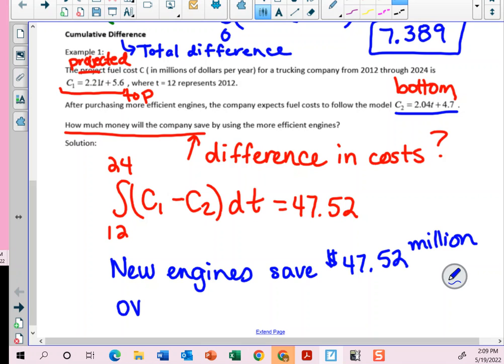And you got to be careful about this. It's the total savings over the 12-year period. That would be important if you were a person trying to help make an argument that the company needed to purchase these engines, and you said, we're going to save $47 million or $47.5 million, you better be pretty clear that's over 12 years,